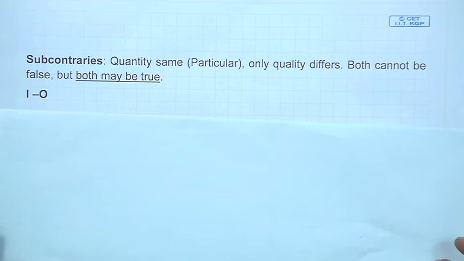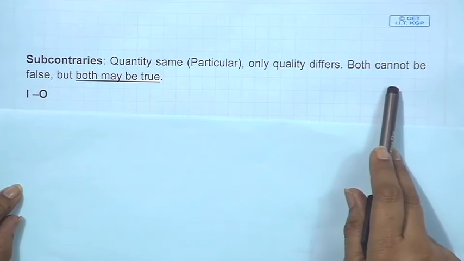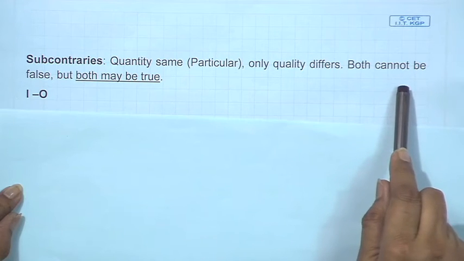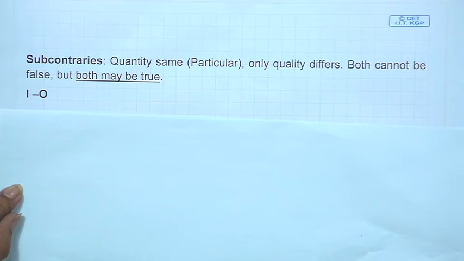Quantity is the same, as both are particular. Only the quality is different. Now, though it seems like a version of contrary, there is a difference between the contrary and the sub-contrary. What is that? Both cannot be false. Remember, in sub-contrary, both could be false, but sub-contraries, because both are particular, you cannot have in the Aristotelian system that